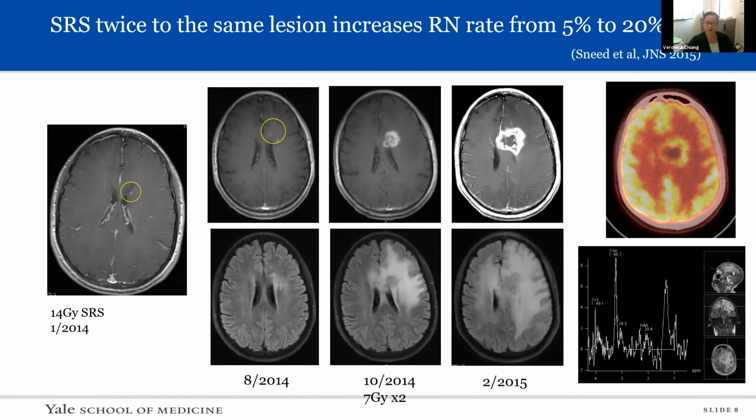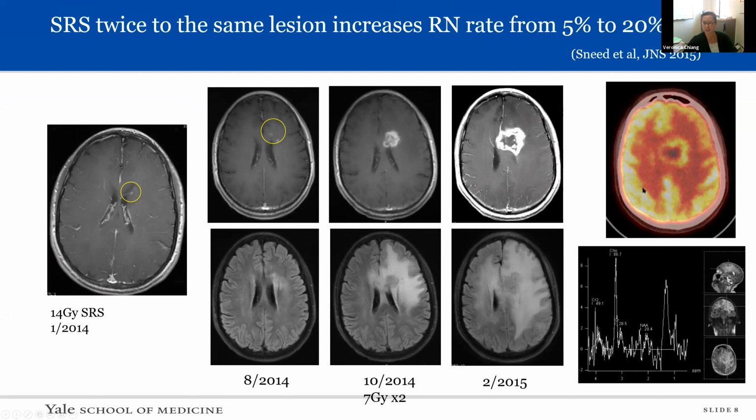Unfortunately, she saw a local neurosurgeon who said, oh, she's got stage 4 breast cancer and the lesion's deep and difficult to access, and so I don't think any treatment is warranted. So she got additional radiosurgery. And then to the right, you can see the lesion didn't shrink, it regrew actually even more.